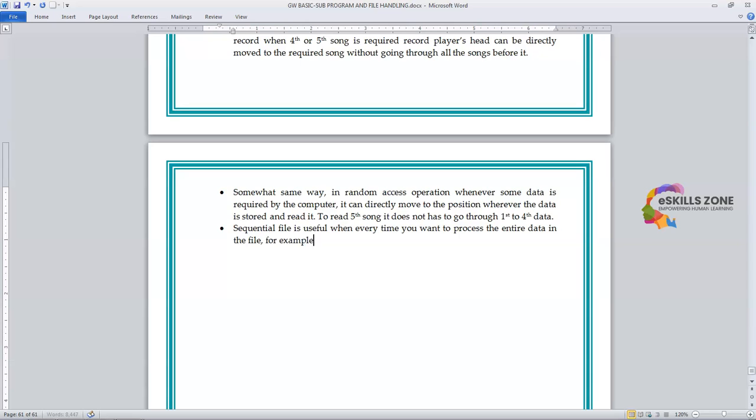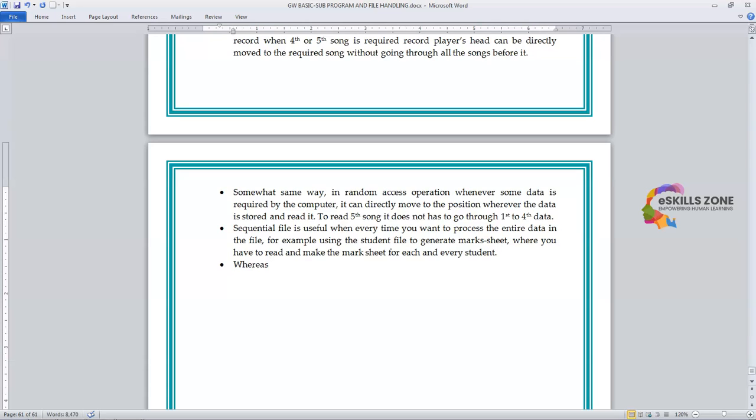For example, using the student file to generate marks sheet, where you have to read and make the mark sheet for each and every student,